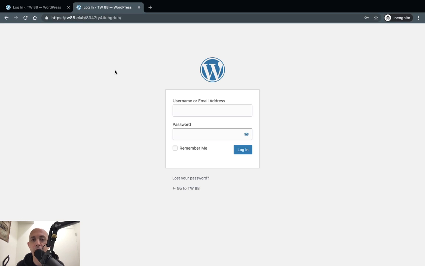That's it. This is very, very simple. You want to do this for every site. You want to secure your sites. This is one tip for securing your WordPress sites. There's a lot of other things you need to consider. This is just one thing you need to do for every site.